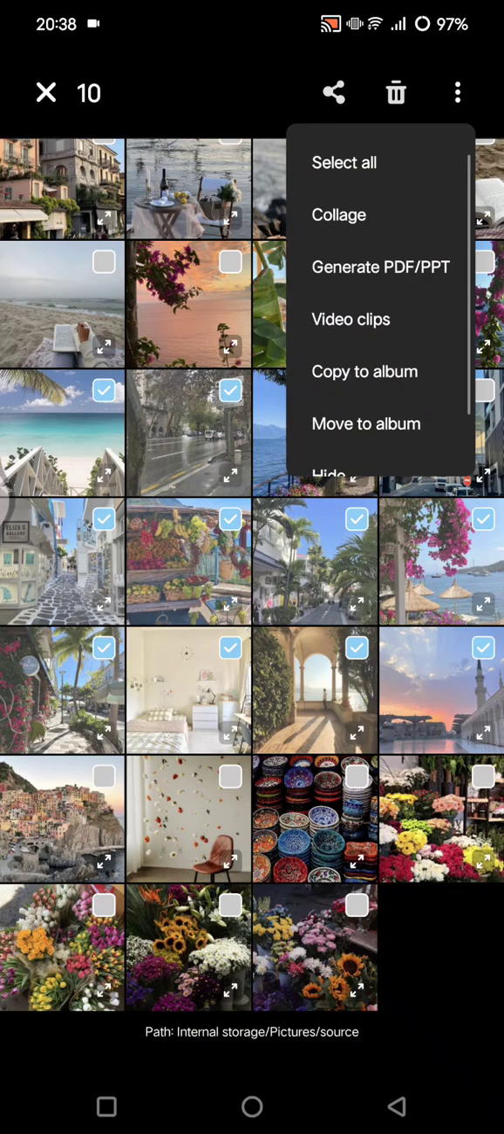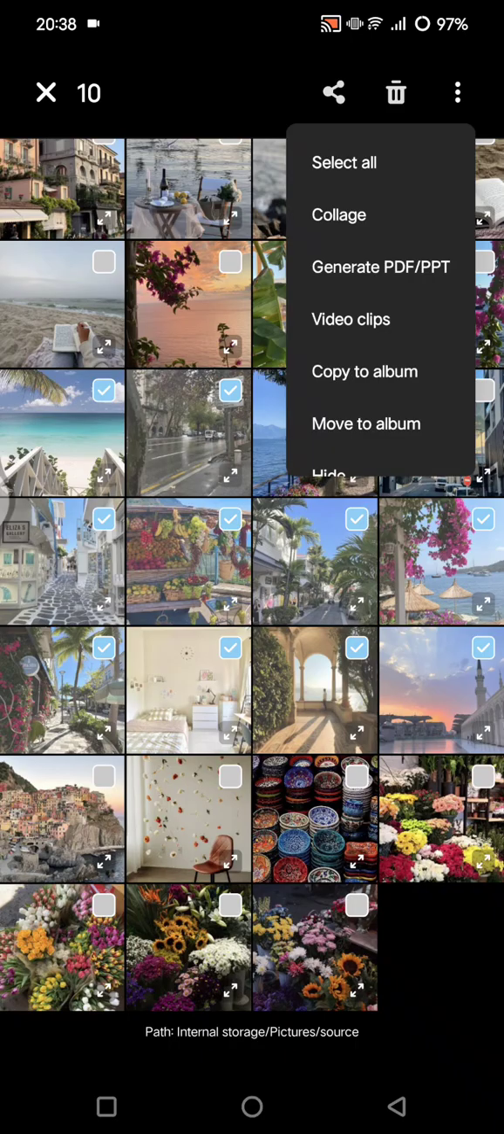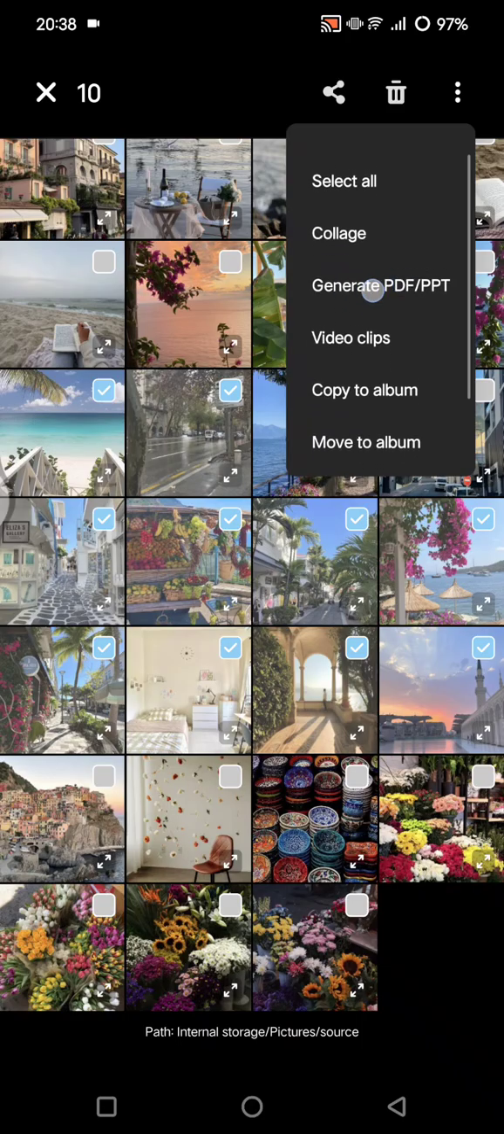It might vary based on your Android, but I think most Android phones can turn images into PDF easily. And in here you'll see in the options there will be this generate PDF or PPT. So not only PDF, you can also turn your photos into PPT if you want to. Let's tap on this,